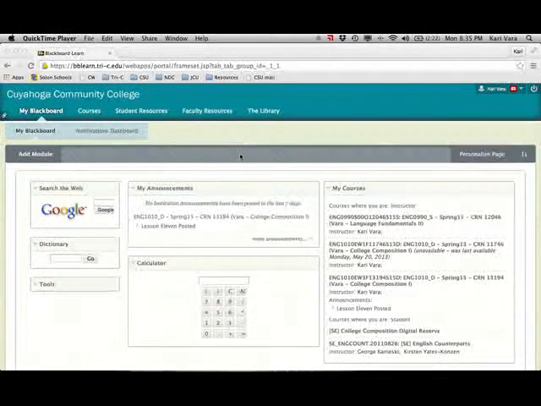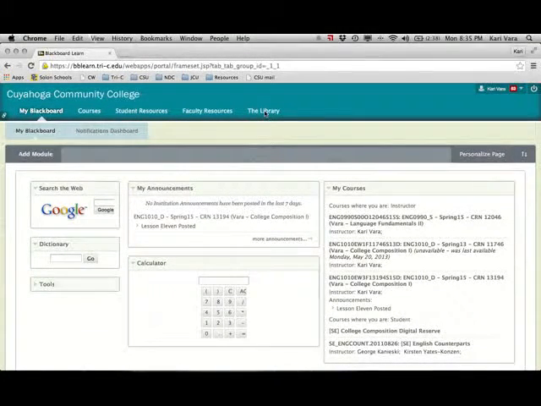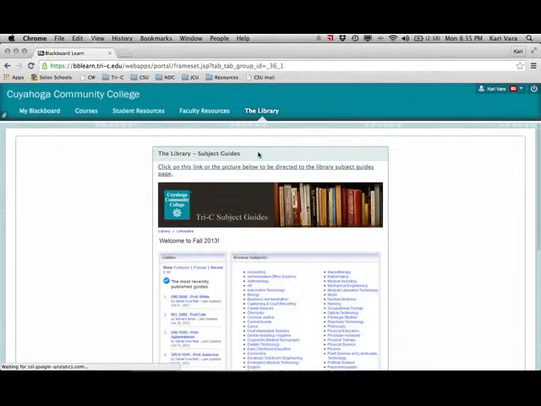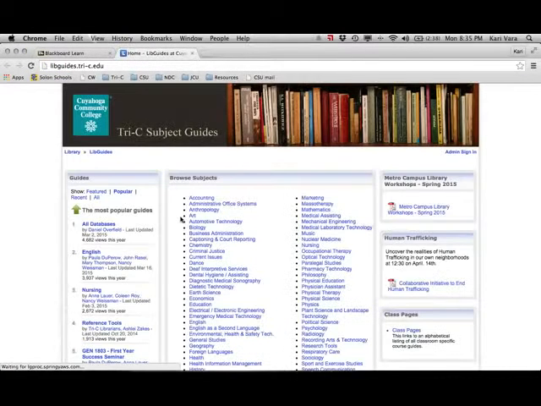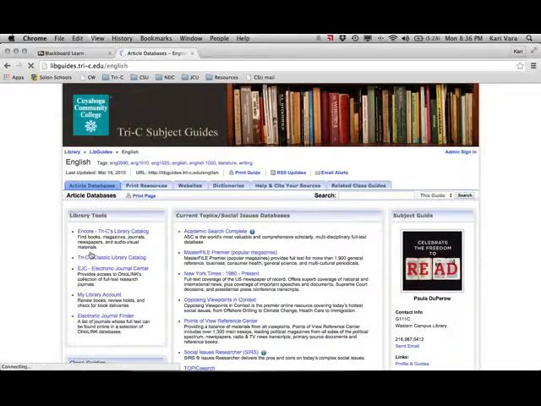You'll start by going to either Blackboard or the MyTrC space, and you'll see a Library tab at the top, kind of in the middle. When you open the Library tab, you'll notice a section that says Guides. Right now it's on Recent, but if you put that onto Featured and click on Featured, the second one here, English, is the one where we want to go. So I'll click on that English